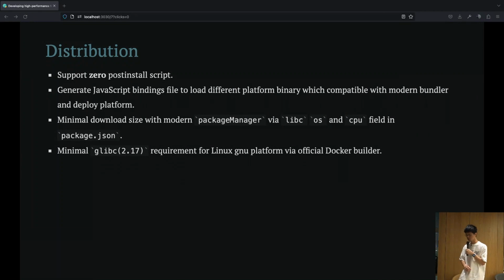So now that we have learned how to develop a NAPI-RS module, it's time to start thinking about how to distribute it. In traditional native add-on solutions, developers may use post-install scripts to compile native code during installation, or download pre-compiled binaries from a CDN or GitHub release. You may have gone crazy dealing with various post-install script failures when using other